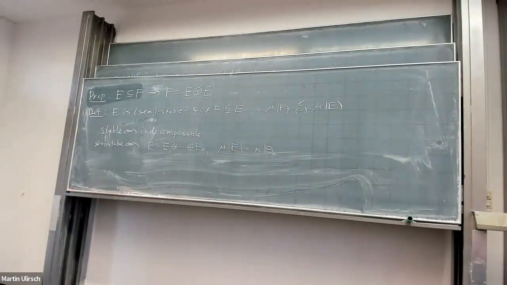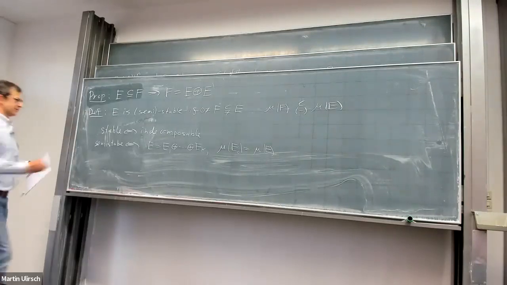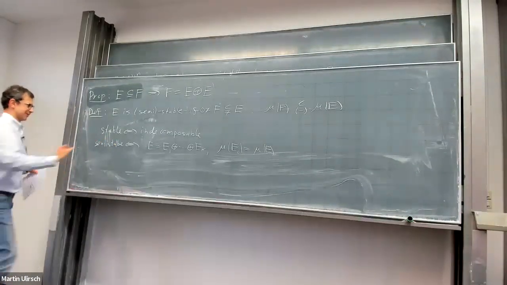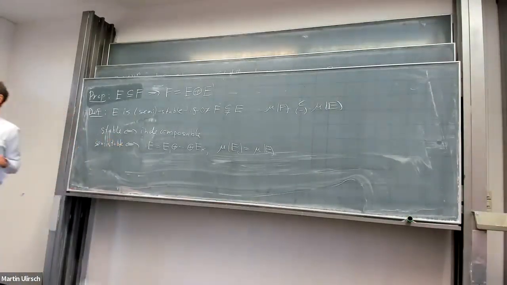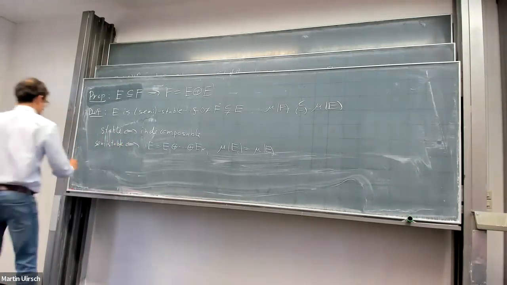Use the definition of polystable. Well, yes, but it turns out it's also the same. Yeah, that's what I'm saying. So semi-stable is the same as polystable. Right. Okay. So basically, what this means is that I only really need to understand the structure of indecomposable bundles. So now I want to understand